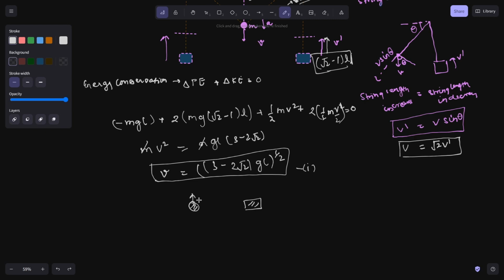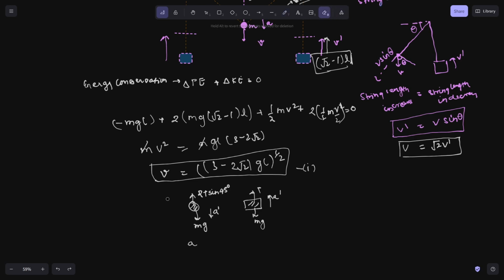The central bob will have some tension in the upward direction as 2T sin 45 degrees and an acceleration a. The mass will have mg downward and acceleration, and an upper tension of T and acceleration above. After solving these two equations, we get